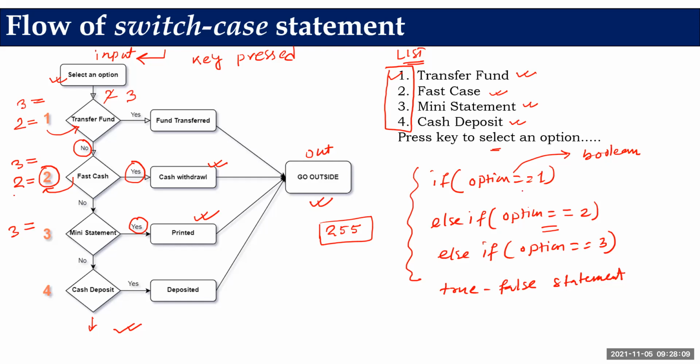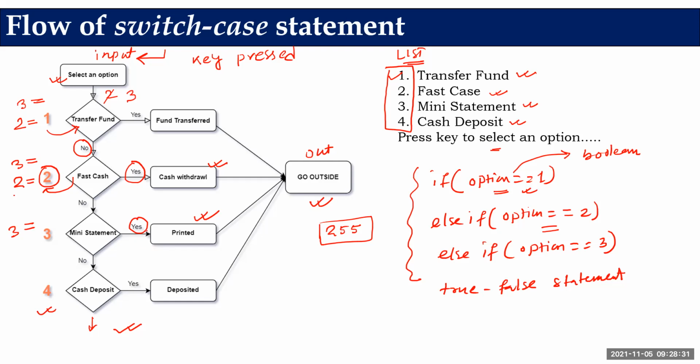If this condition matched, it will be true, if not, it will be false. But here in switch case we are not doing any conditions. We simply give an option, that option we have selected, and the server just checks out of this list of n items which item you have selected.